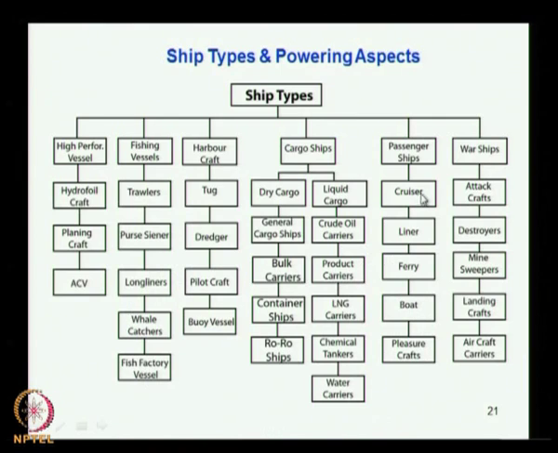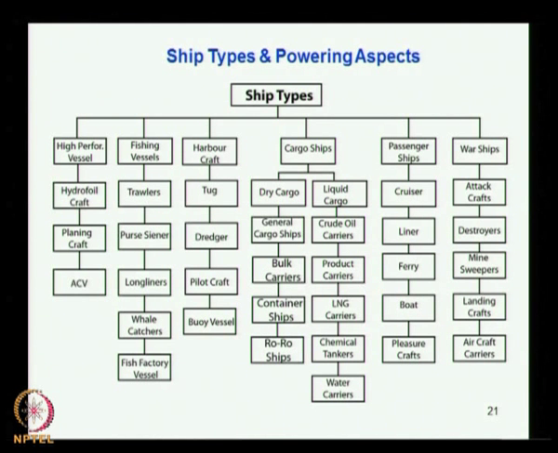Then passenger liners; we have already discussed the cruiser. A cruiser operates across the globe, and one of the aspects we discussed in the previous class is the seaway effects on resistance. When you design a cruiser, you have to consider the different locations of the ocean through which the ship operates. You have to understand the motion characteristics and the added resistance coming to the vessel, which goes as an input into the total resistance estimation and the subsequent choice of the main engine. When you put a liner, we often say cargo liner or passenger liner.